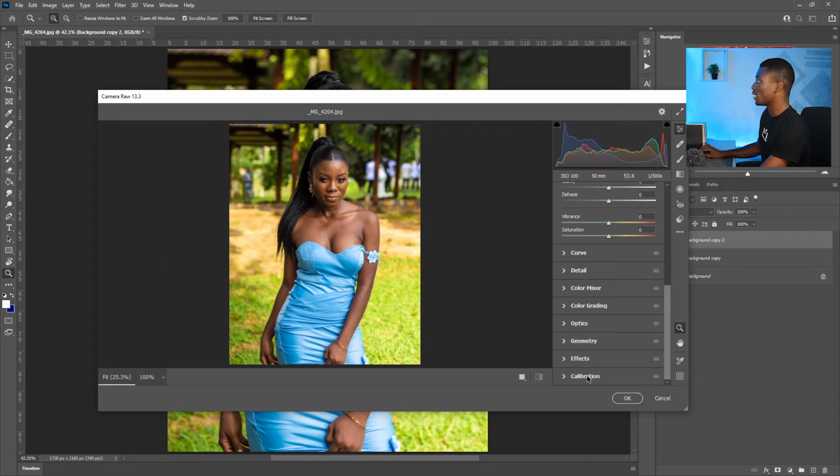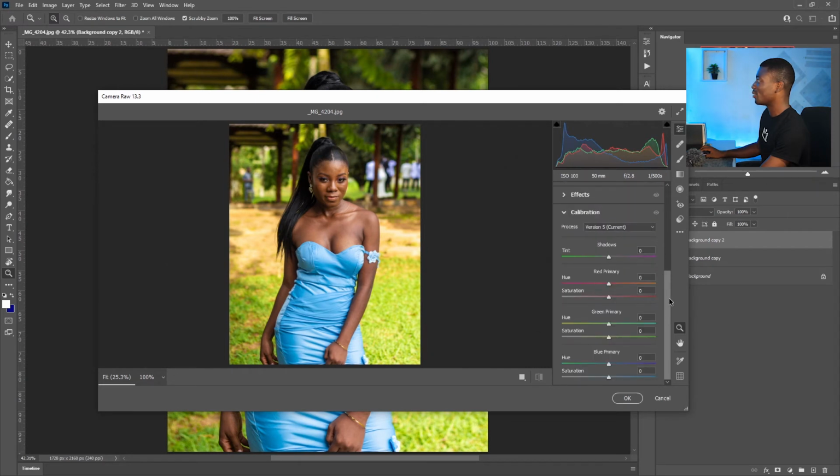I'll go into calibrations. If you are using an older version of Photoshop, it should be aligned horizontally instead of vertically like this. So what I do is I increase the hue of the greens to about 10, and I increase the saturation for the greens to about +10, and the saturation for the blue to about +20. And as you can see, it just makes the color pop a little bit more,